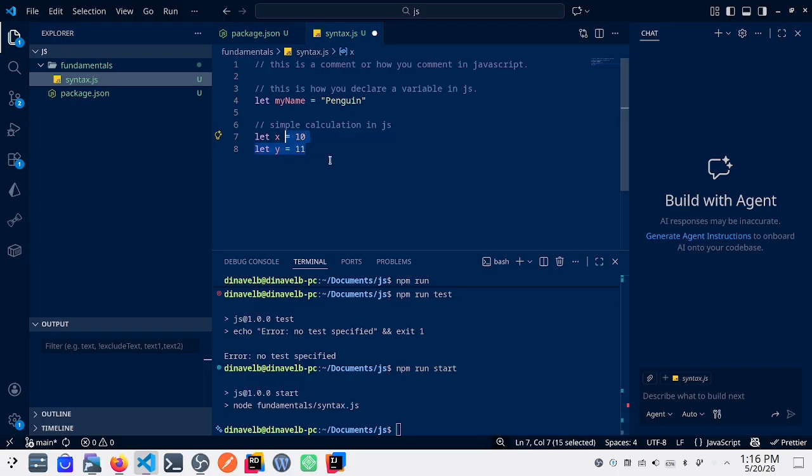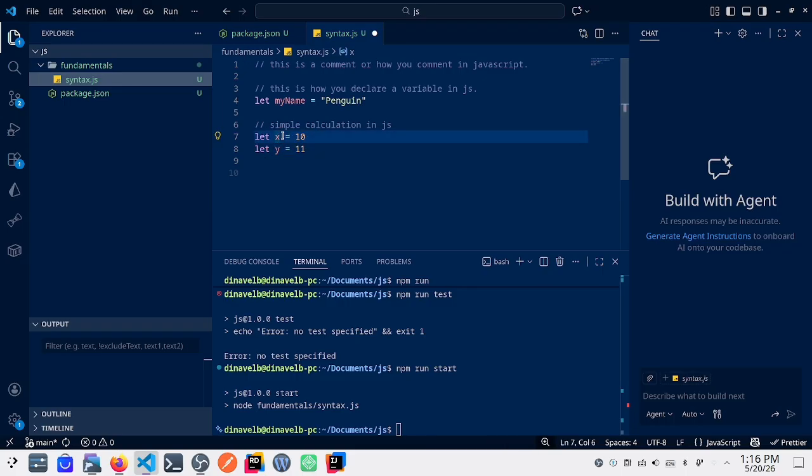So here, as we can see, unlike other programming languages, we don't need to declare the variable type. In JavaScript we don't do that, because JavaScript detects what data type the value is. We have data types like int, float, string, and etc. Since this is a number, it is recognized as a number automatically by JS.